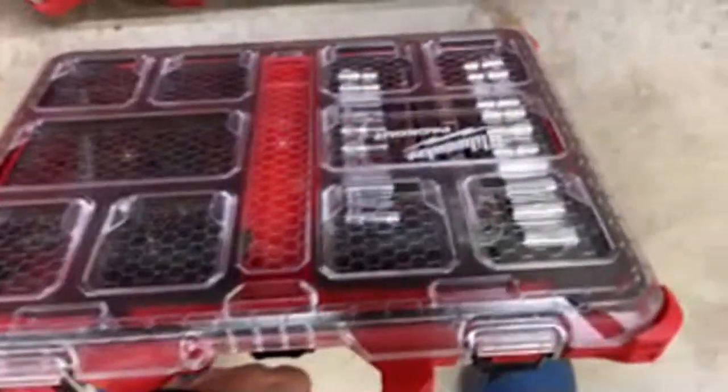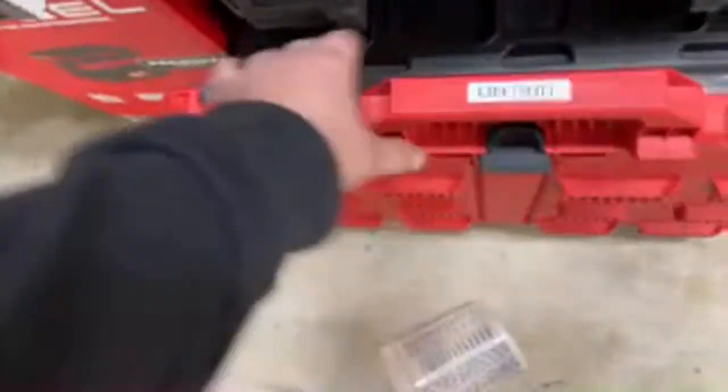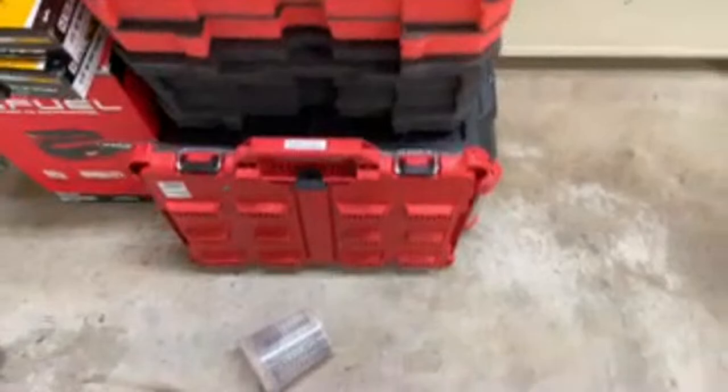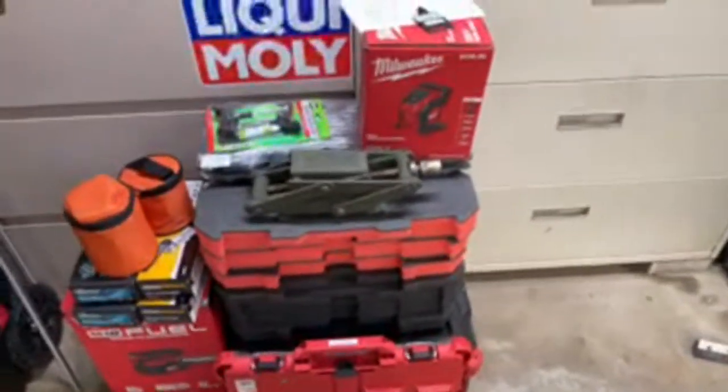So I'll have a 1/2 inch SAE and metric socket set on this side. This right here, I don't know what I'm going to cut into that foam. I might take that back out. And then the big one, you know, for the jacks and all the other stuff. So yeah, this video,